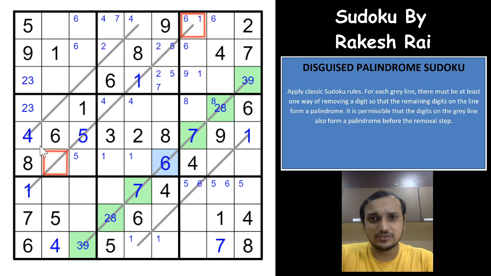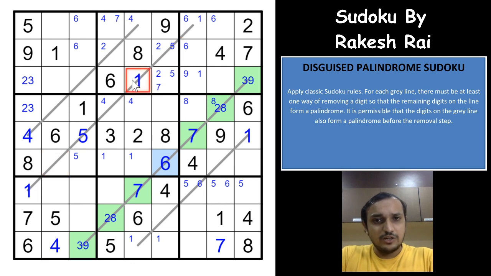A very complex one. I'll just again brief you what happens here if you have a 1 here. The moment you have a 1 here, there are only two possibilities for this one, right? Either this one is correct or this one is wrong, right? What happens if this one is wrong? If this one is wrong, can you place another 5 on the palindrome line, the duplicate 5? Not possible. So if this one is wrong, 5 would have to be here for this 5. You already have a 5 here.